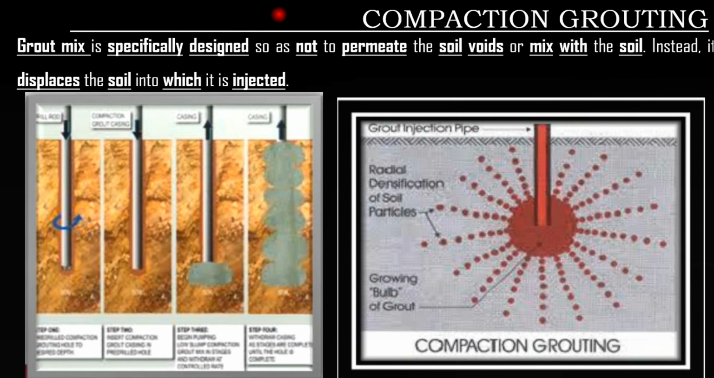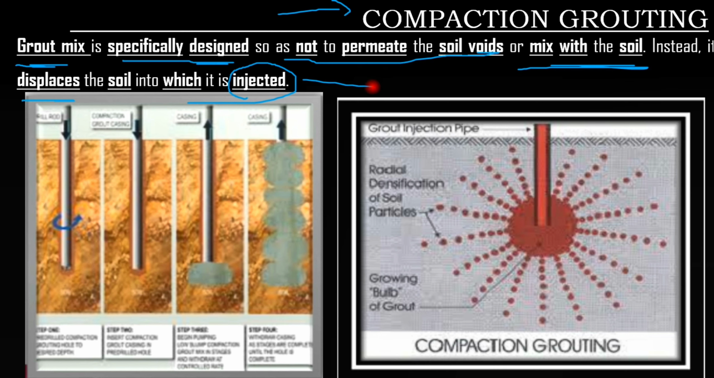Now the next one is compaction grouting. Now we introduce pressure or force. The grout mix is specially designed so as not to permeate the soil voids or mix with the soil. Instead, it displaces the soil into which it is injected. Now we elaborate in a simple way. For example, I need to provide the grouting process and I have very hard strata. So in that condition, I choose compaction grouting. Why compaction grouting? Because in compaction grouting, I provide the force or pressure to fill out my